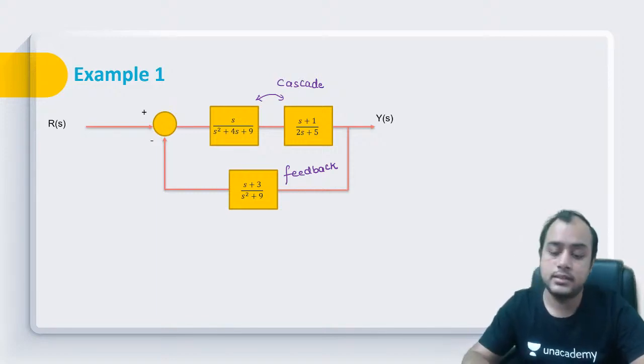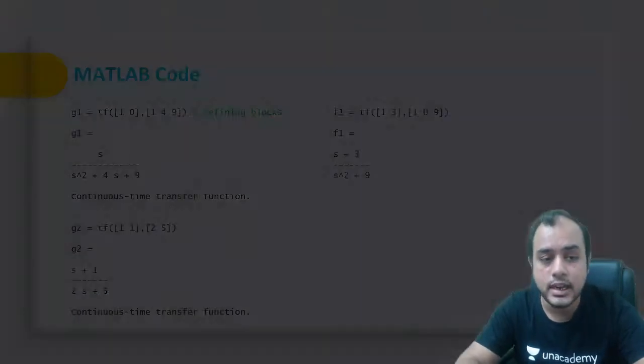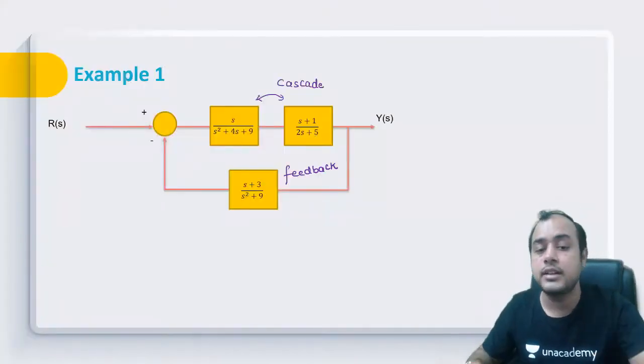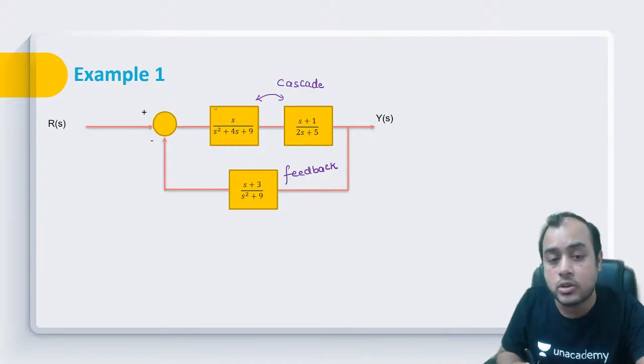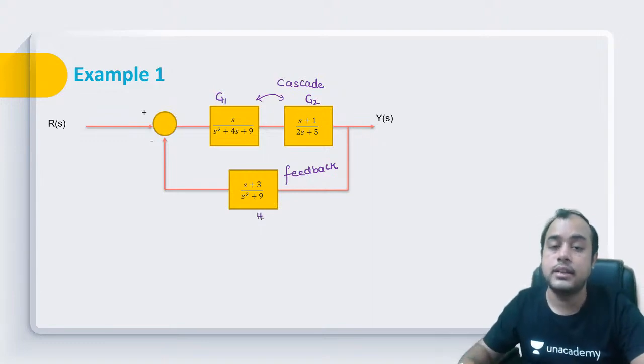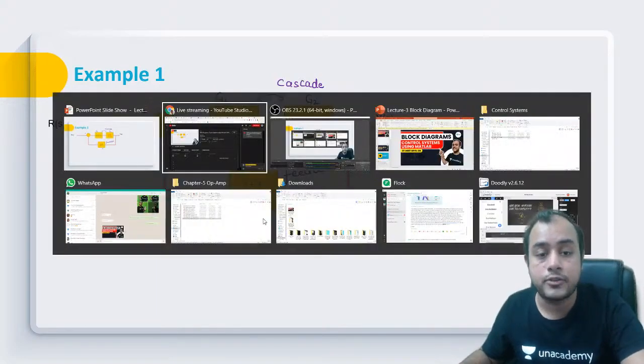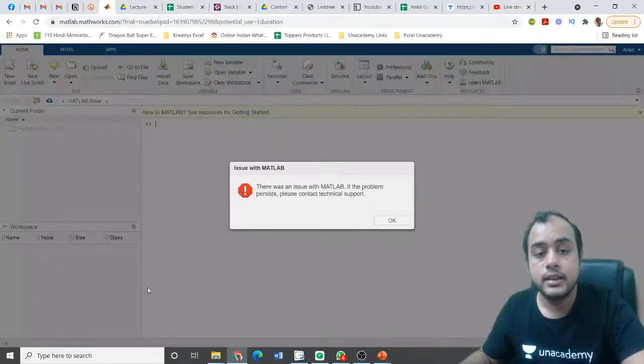You can do that. Okay, so see, in MATLAB code, what I'll do, I'll write this. I will first define a transfer function. Let me call them G1, G2 and H. Let me do that. Okay, so for defining G1, G2, H, first of all, let's go to the MATLAB software. Okay, here we are.